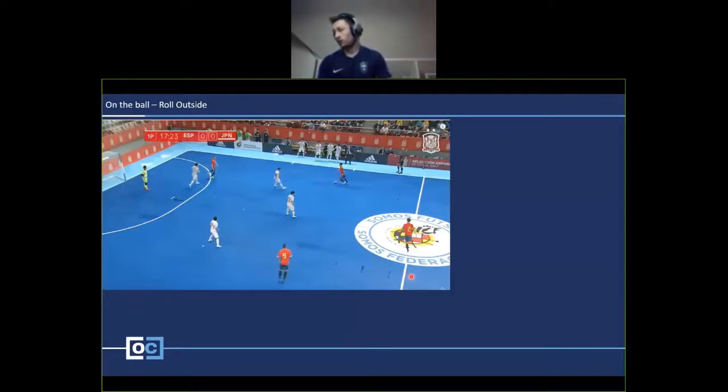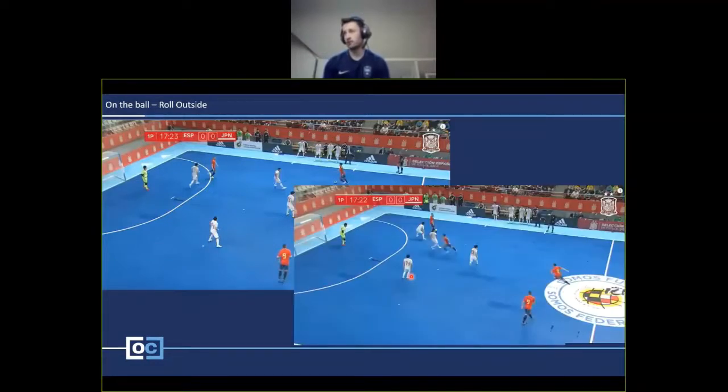So that's rolling inside. The second one, naturally, is rolling outside. Again, similar game. Excellent example. And we can see here Solano getting on the ball again, head up. Key fundamental here. He's got space, he can do that. Spain players are really helping him here because they're cutting through. They're questioning the position of these defenders. They're having to make decisions. If he doesn't go with him, then he can find a pass to him. He needs to cover. He's creating space for his entire team. Again, comes under team movements, how you support the pivot once he gets the ball.